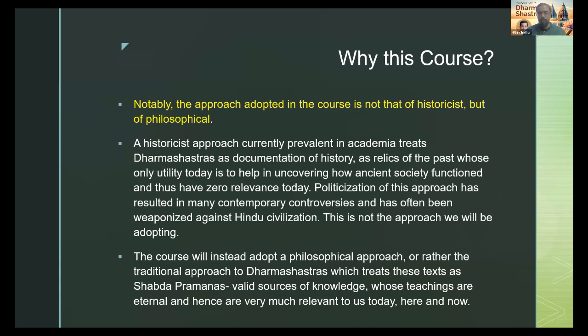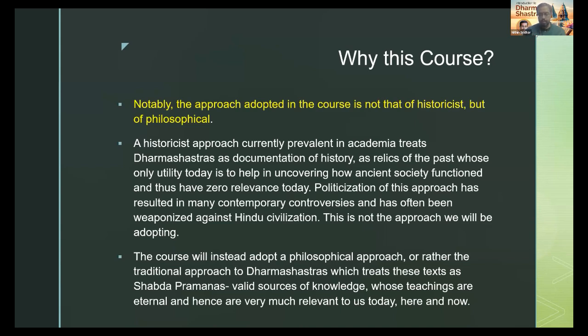We will be adopting a philosophical approach, or rather I would say we would be adopting the Shastri approach, the traditional approach, how our ancestors studied the text. Using that approach, using that bhava, that attitude towards the text, we will approach the text. And what is this attitude? This attitude means treating the text as Shabda Pramana. Shabda means word, or texts which are Pramanas, that is, valid sources of knowledge, or authentic sources of valid knowledge,